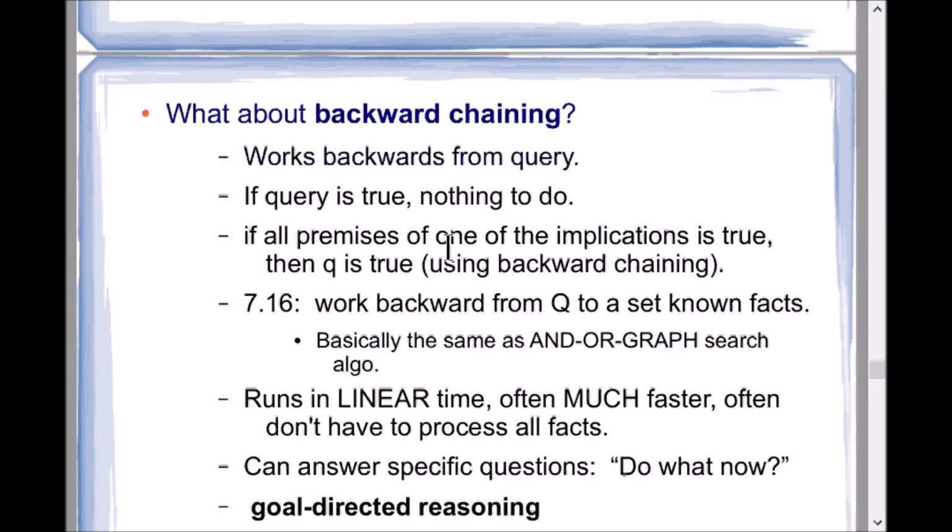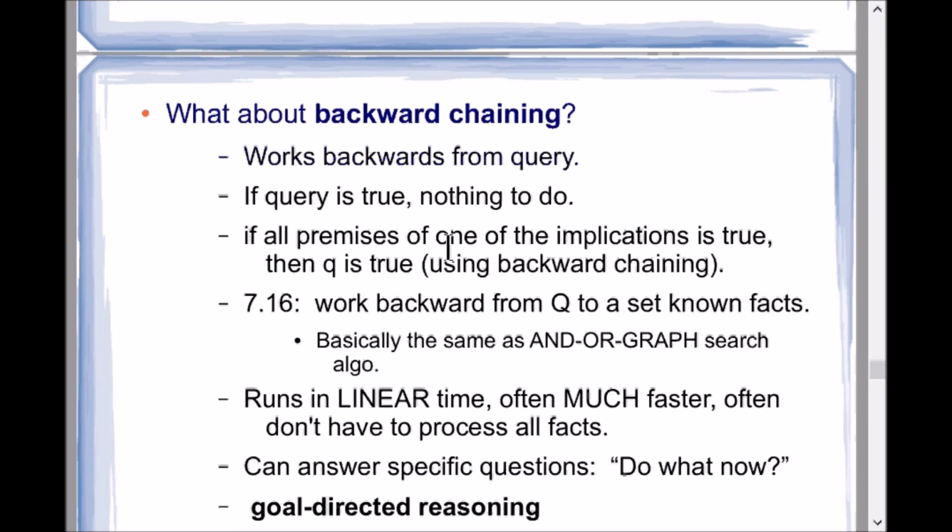Whereas the forward chaining algorithm is referred to as data-driven. Okay, this is goal-driven because the reasoning begins with the goal rather than with some pre-existing facts. So this is useful when you want to answer questions like, where's my car? What do I do now? Okay, and a benefit of the algorithm here is that